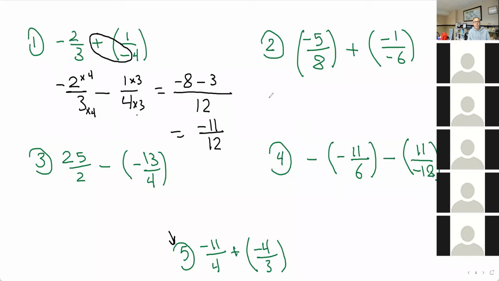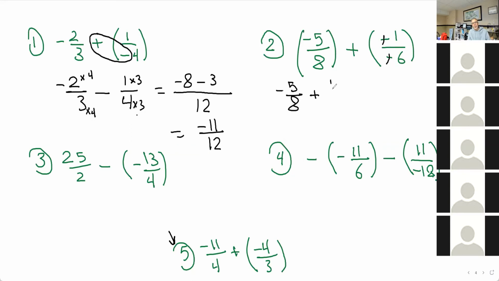Okay. Now, the second question is negative 5 over 8. See what Yusuf mentioned earlier. If you have a negative 1 over a negative 6, always cancel these signs out. When in one fraction there is a negative on the numerator and a negative on the denominator, they just cancel each other out and it becomes a positive number. So this becomes negative 5 over 8